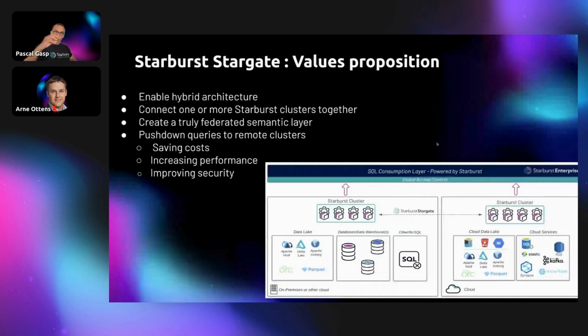If you look at Starburst properly, we have one single point of access, which means we can address how one can get access to the data.